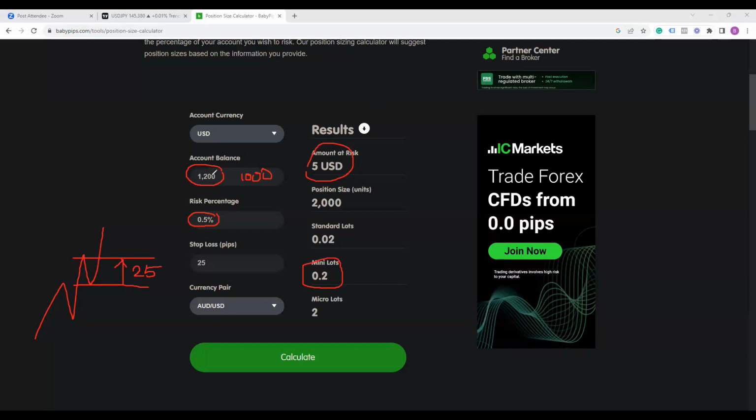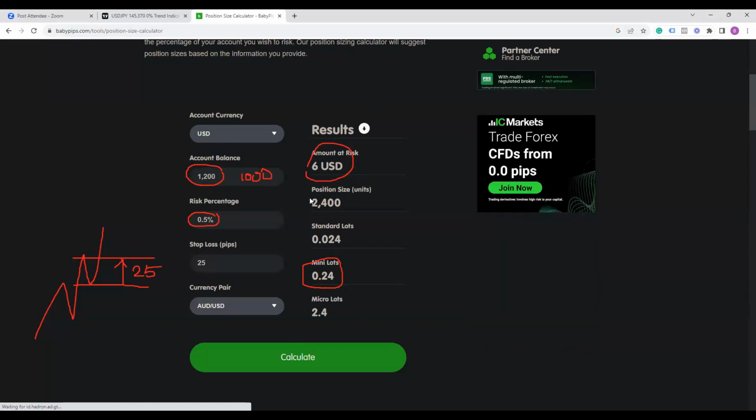Since your account has grown by $200 extra, now you can put in 0.24 mini lot. If it doesn't work out, your loss is $6.